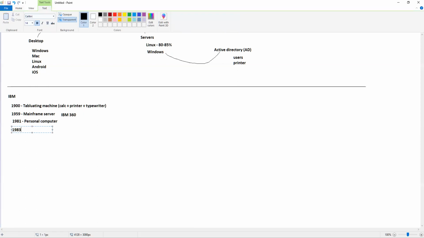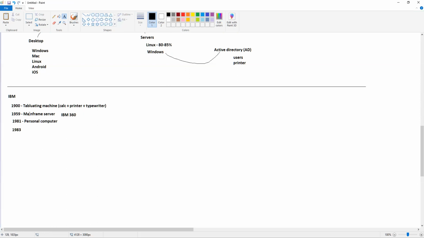At the same time, the internet was also starting. ARPA was formed, and all of these mainframe servers and everything that was happening was all because of the war. Because of World War II, so many different types of machines were invented.